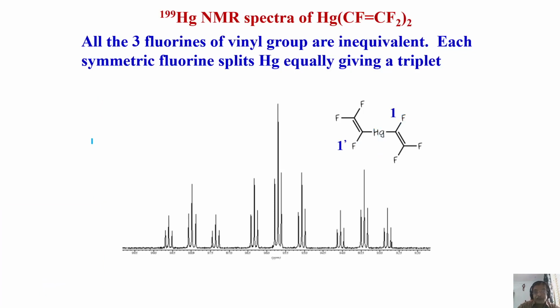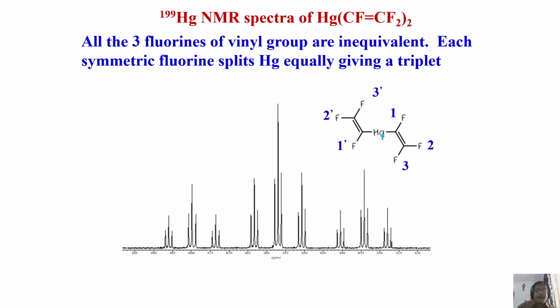When you do that, these 2 split the mercury into a triplet-like pattern like this. Only 3 peaks you get, nothing more. Further, we have a coupling to another fluorine, like this fluorine you take, and it will couple to this one by the same extent. Each line of the triplet will become another triplet because the coupling between 2' and Hg and 2 and Hg are the same.